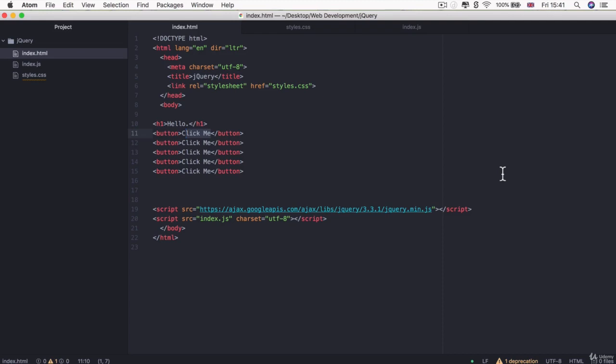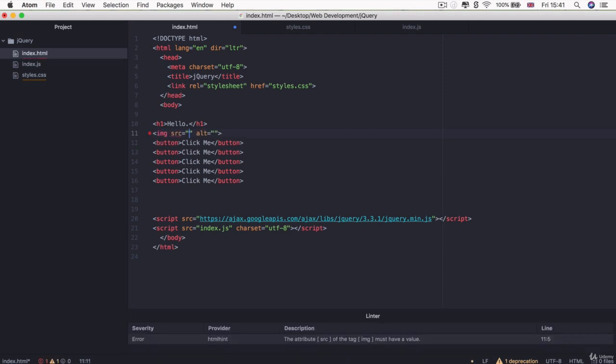Now, in the last lesson, we looked at how we can use jQuery to manipulate text in our web page. But in this lesson, we're going to look at how we can also use it to manipulate attributes. Now, attributes are things such as, for example, if you had an image, then it would have a source, right? So, for example,